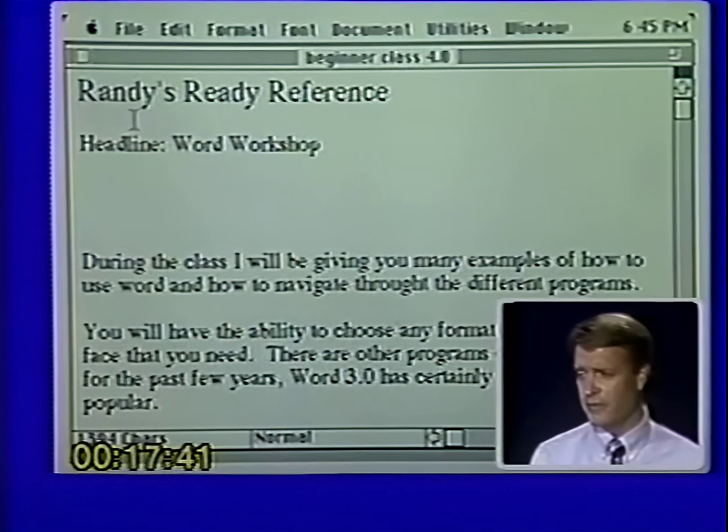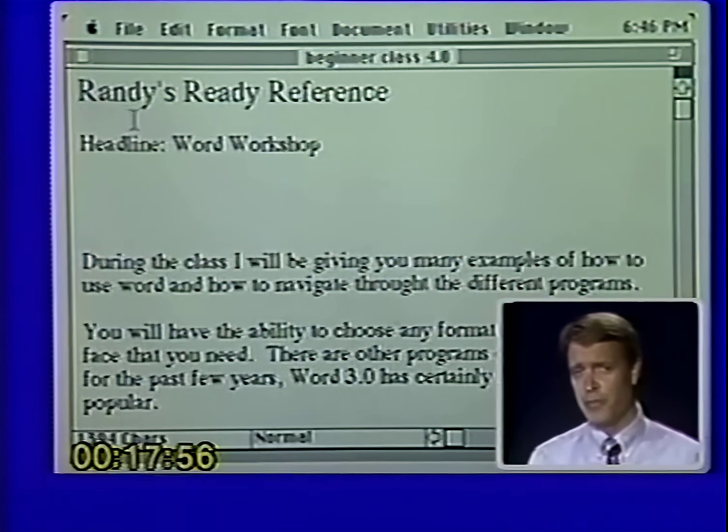So I'd like to leave one last hint when it comes to saving a document, and that is, in the 4 years I've used this computer, I have found that 90% of all of the bombs will occur when you go to print your document. And when you think about it, that's the worst possible time it could occur because you're all done. So please get into the habit of, before you hit Command P to print your document, or before you go up under File and select Print, always save your document.